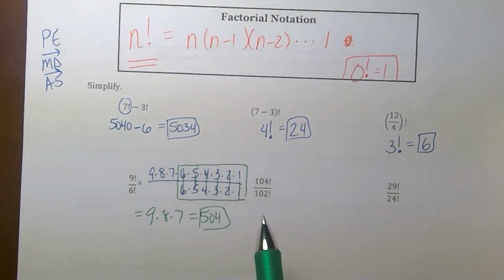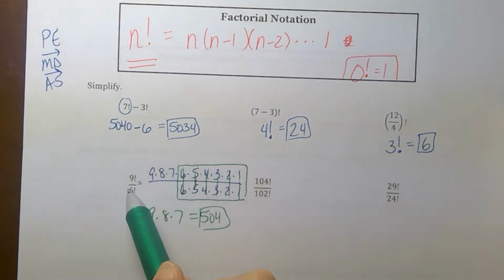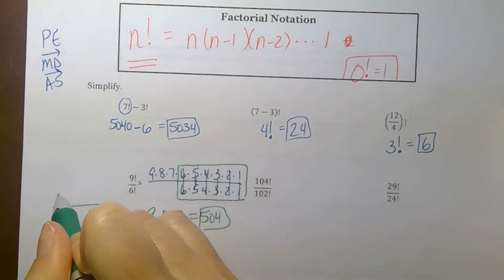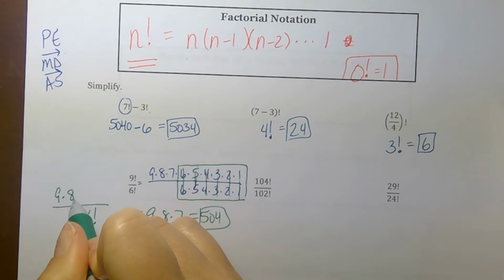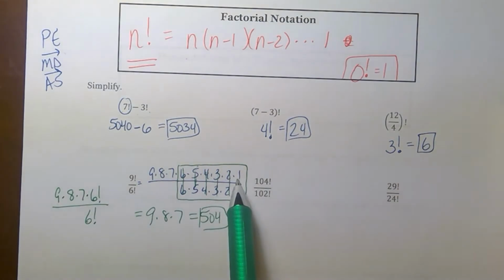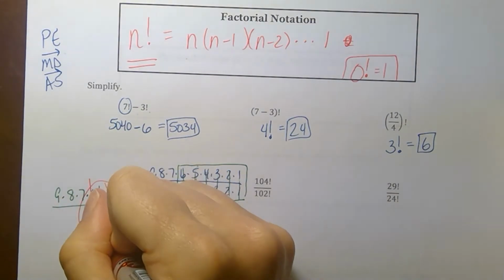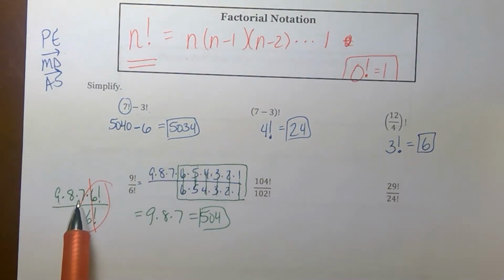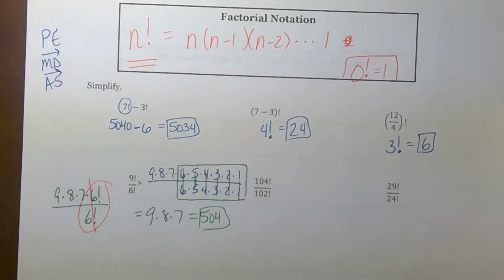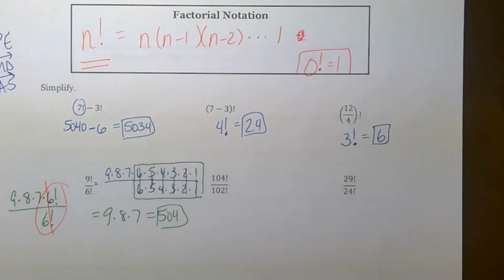A simpler way to simplify this, instead of having to write all of that out, would have been to say, okay, my denominator is 6 factorial, so I know I'm going to cancel that. My numerator will be 9 times 8 times 7 times 6 factorial. And then I see that anything over itself is 1, so I'm just left with 9 times 8 times 7. Either one of these is a correct way to show how to simplify that problem. I do need you to know how to simplify that problem. And this next